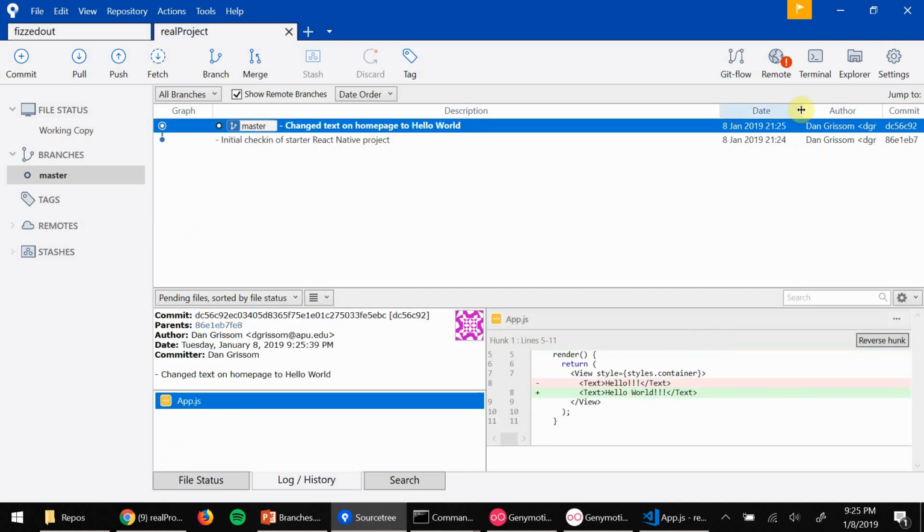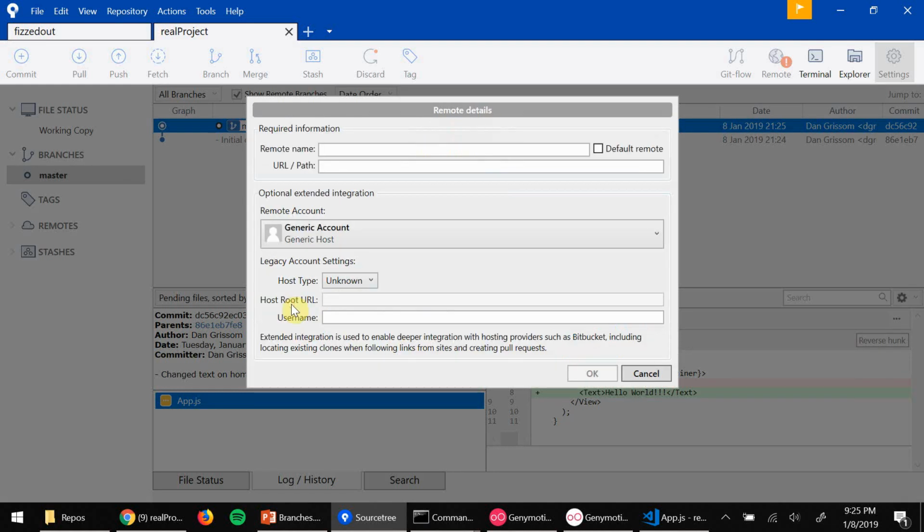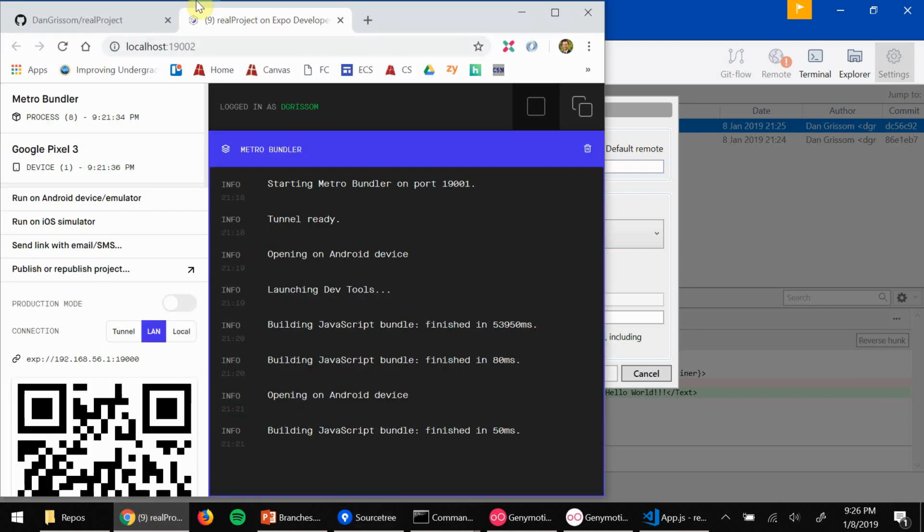lose all my work. So what I need to do now is, you can do this a few different ways, but just go to settings and remote. And I'm simply going to add, okay, I'm going to just do default remote, which is going to set it up to origin. Okay, for my URL path, I'm going to go back to